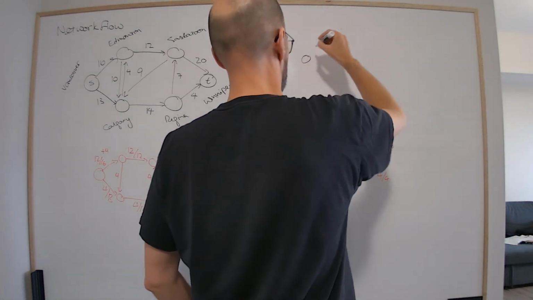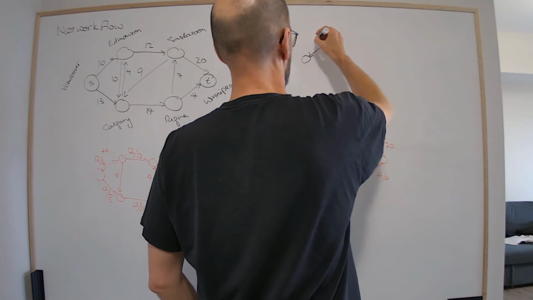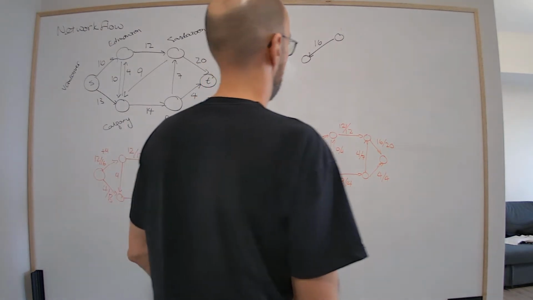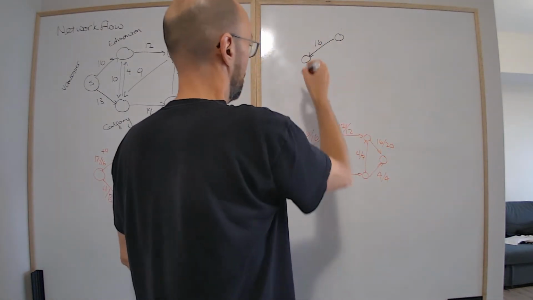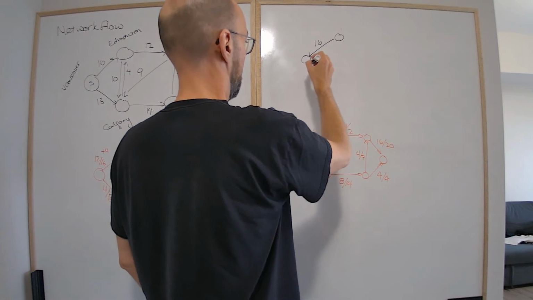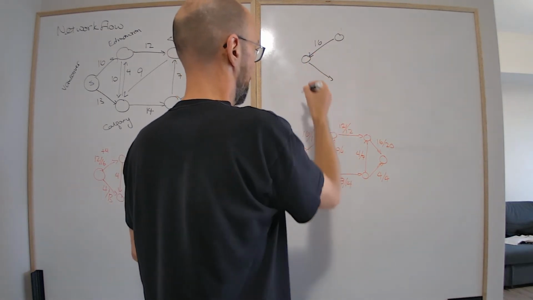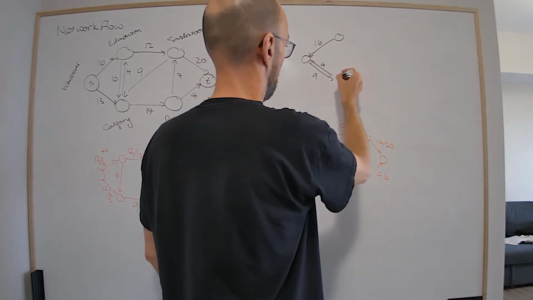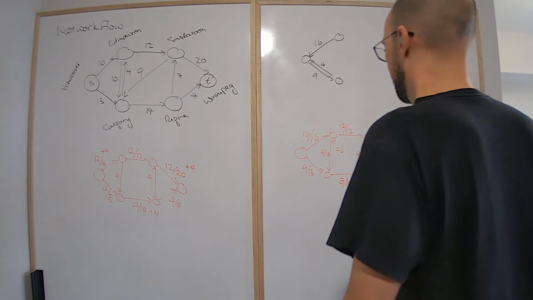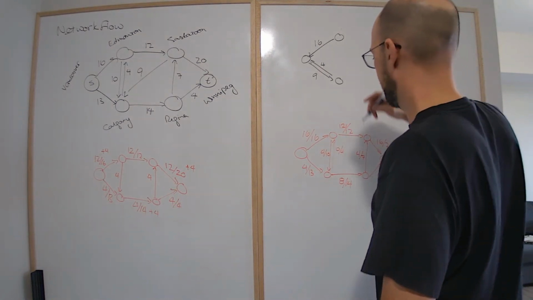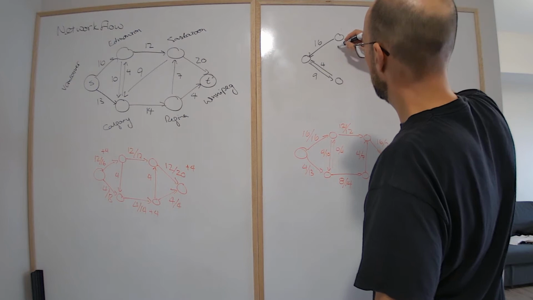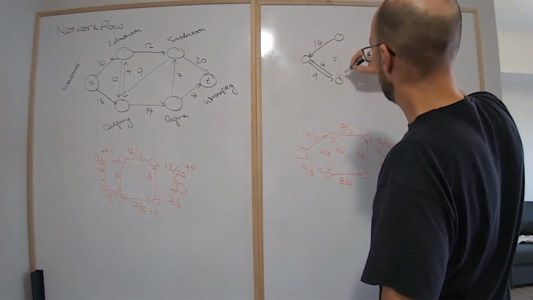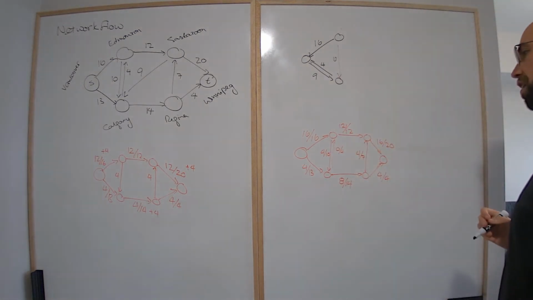So let's build the residual network again. Here, the only thing we can do is we can't increase the flow across this edge anymore. We can only decrease it. So now we can increase this one by 9, or we can decrease it by 4. And we can increase this by 6, or we can decrease it by 4. And actually, we can decrease it by